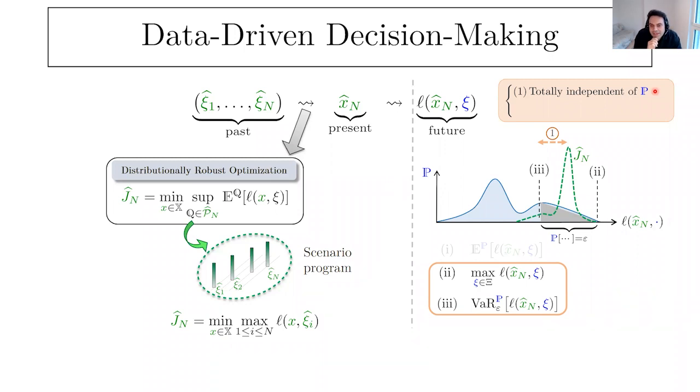There's another result that is a little bit more disappointing. It's actually on the disappointing side: how fast J hat n is going to converge to this quantity, the worst case loss. And it turns out that it's exponentially bad in the dimension of psi. And this convergence behavior is exponentially bad not because of an artifact of analysis, but because it is inherently difficult. So there are examples in which no matter how you sample from the distribution, it's going to take exponentially many samples for J hat n to converge to number 2.